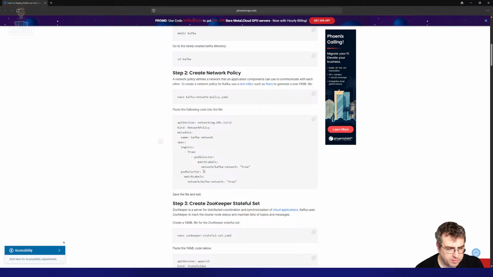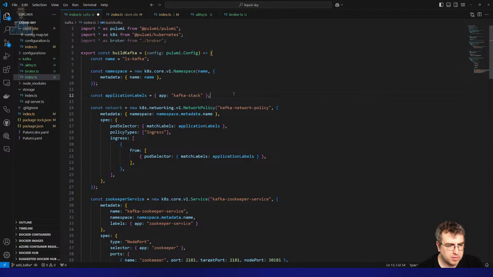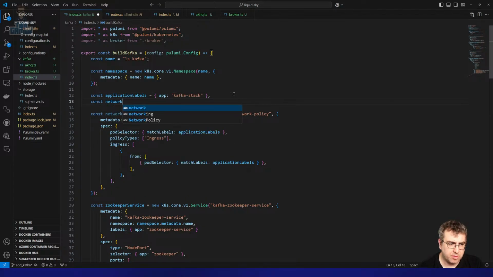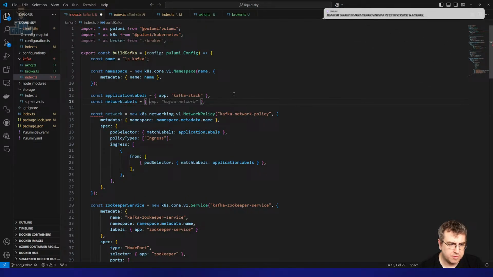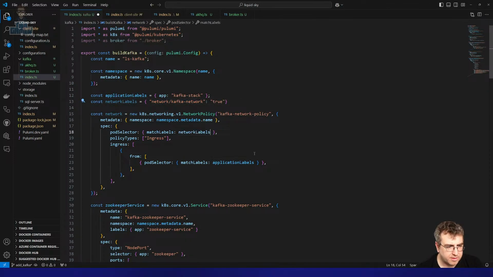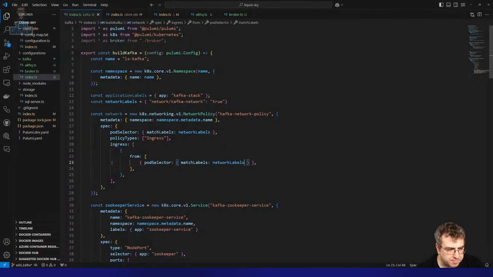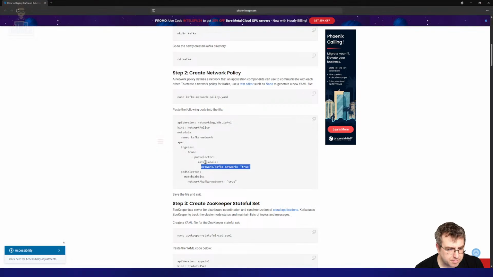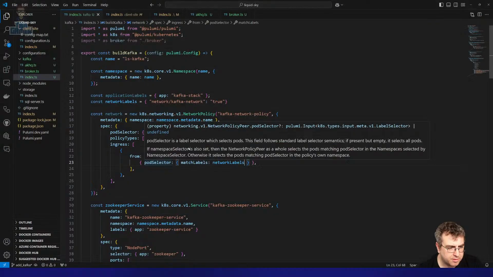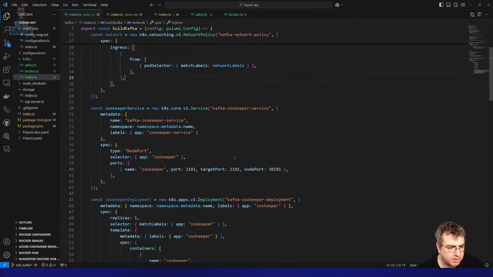So hold on, let me just validate this. So what they have is const network labels equals that. In which case that's network labels, ingress from pod selector, and then we can do,